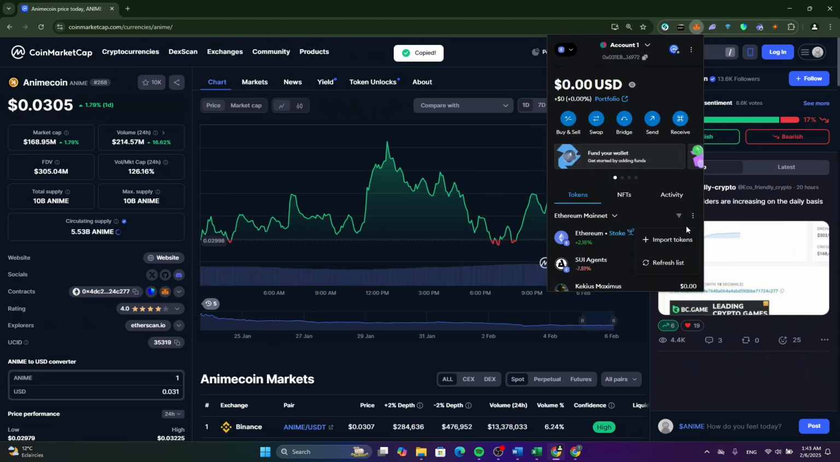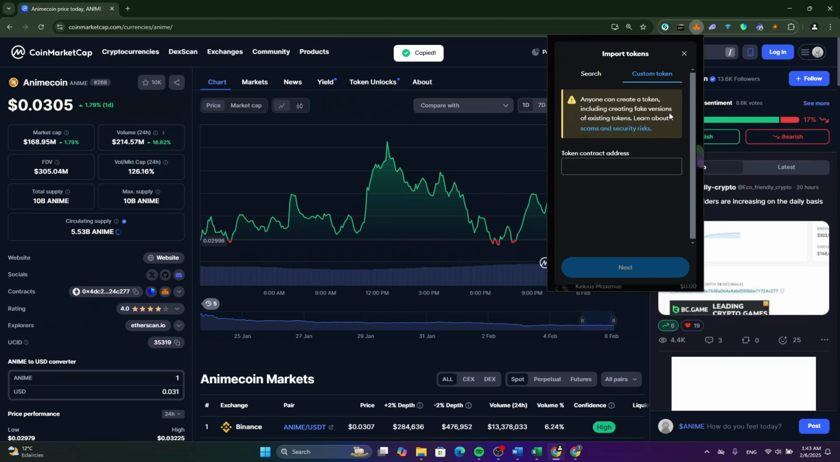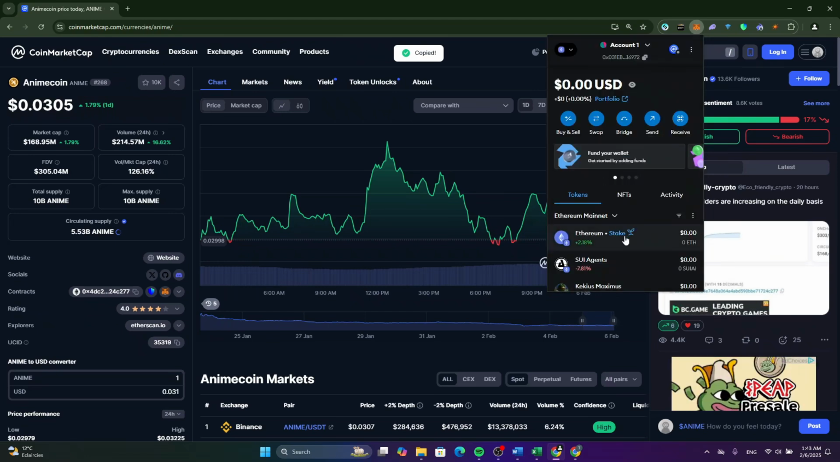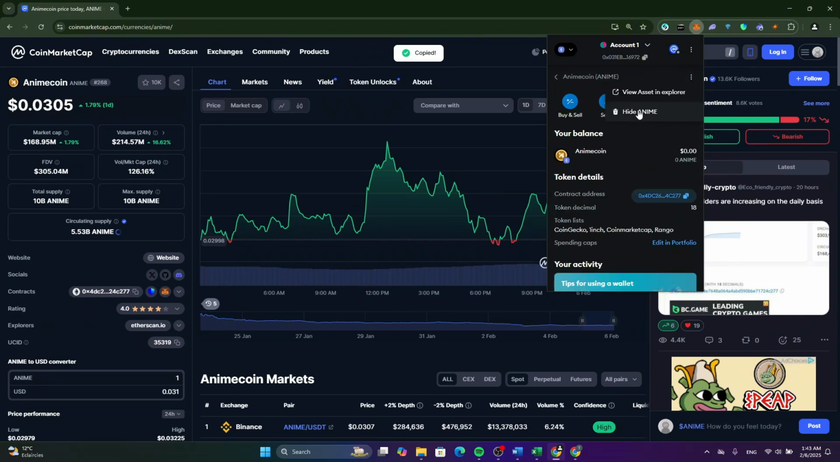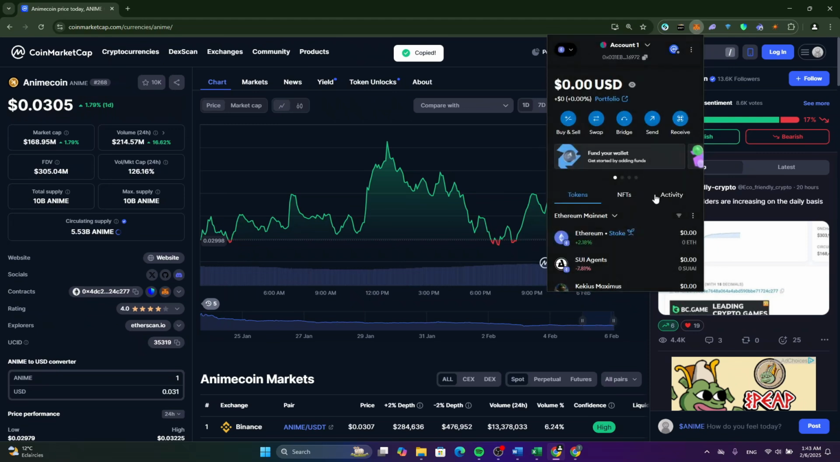Click on these three dots and click on import token. Click on custom token and paste the token address here. Because I have added it before, I will just go and find the token, as you can see, and I will show you from the start how to add this token to your wallet. Now after that,